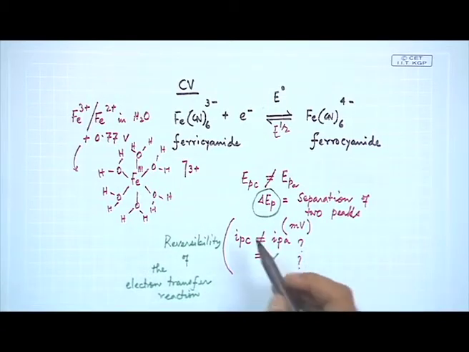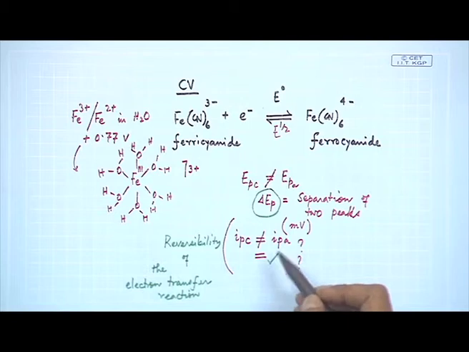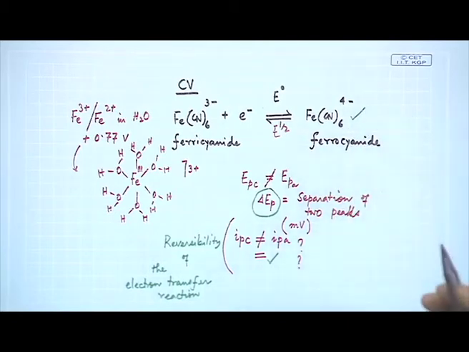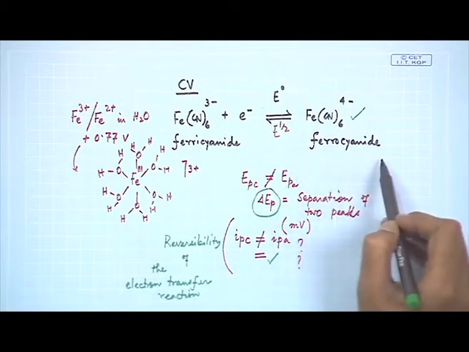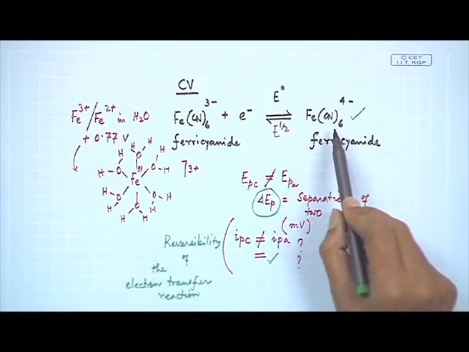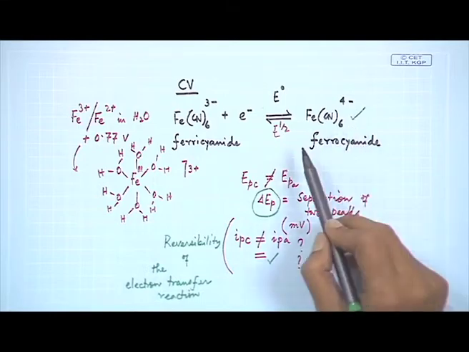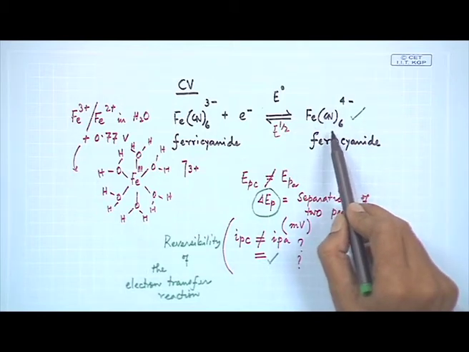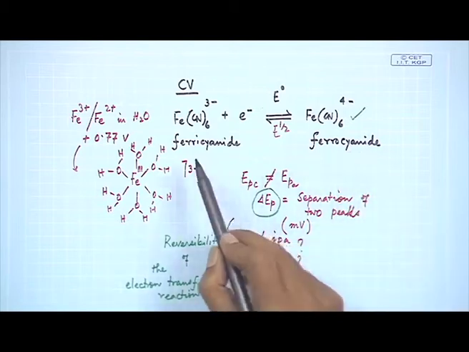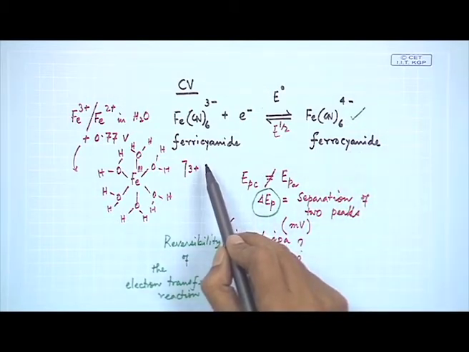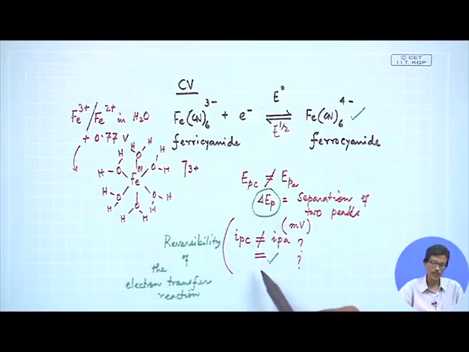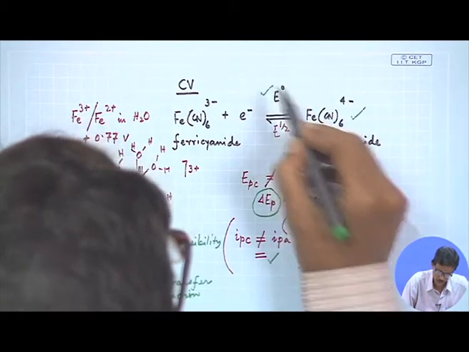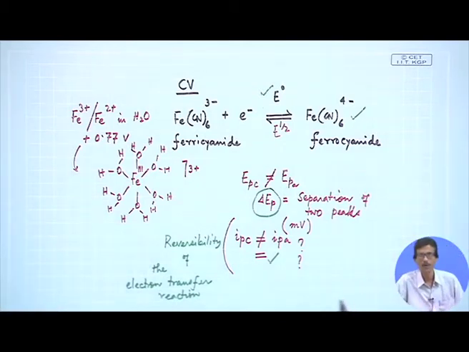Next we will see that once we define these things, if the electro-generated species, which is the corresponding reduced form, the ferrocyanide ion, is not stable within the time limit of your rescan, that means the cycle back scan, then you won't get the corresponding response for the reoxidation of the ferrocyanide ion to the ferricyanide ion. We will see how we can correlate these things, and these will all be related not only to the thermodynamic potential we are looking for, the E0 and the E half values, but also to the electron transfer kinetics on the electrode surface.